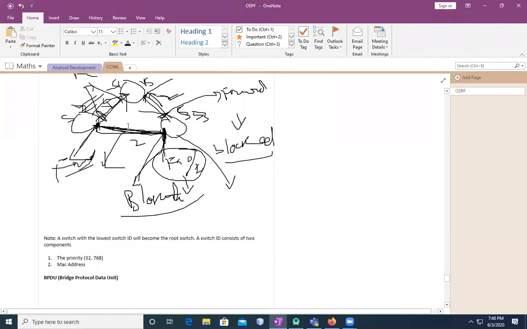The packets which other switches receive are called BPDUs. The most common messages are hello BPDUs. In routers we used to talk about hello messages, but here we have hello BPDUs. So they will